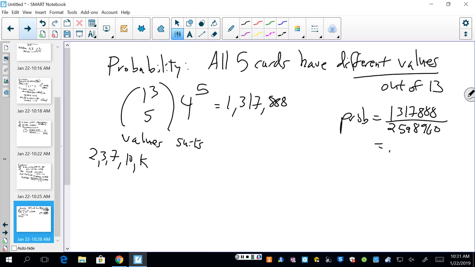2598960, is about 50, a little over 50%. So about half the time when you're just dealt 5 cards from a shuffled deck, you're not going to get any pairs, any matching values. So this is an example of this 2-step thing, where we can pick the values and then pick the suits, and that makes it one way to count it. There's another way to count it,